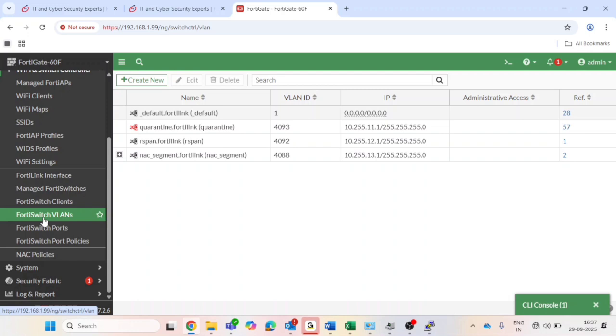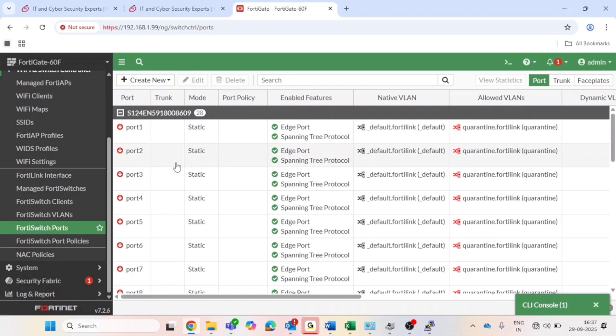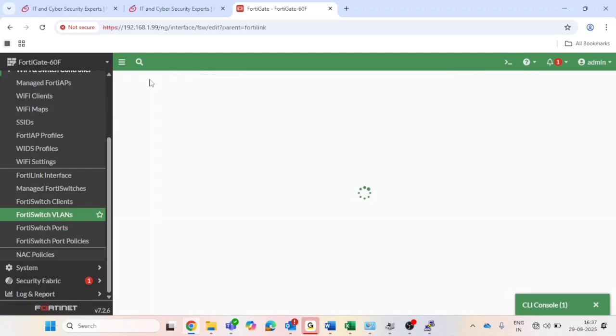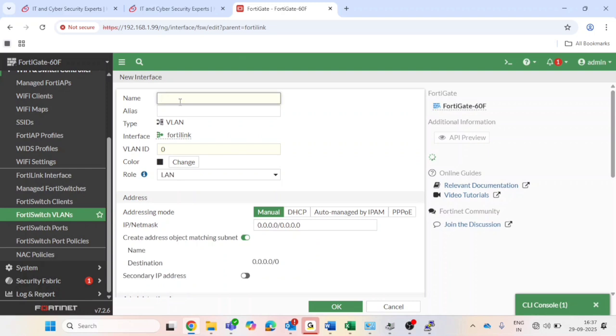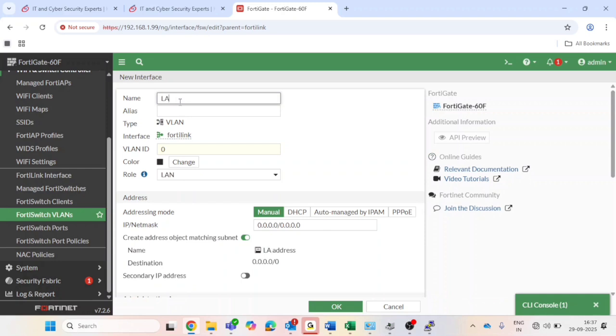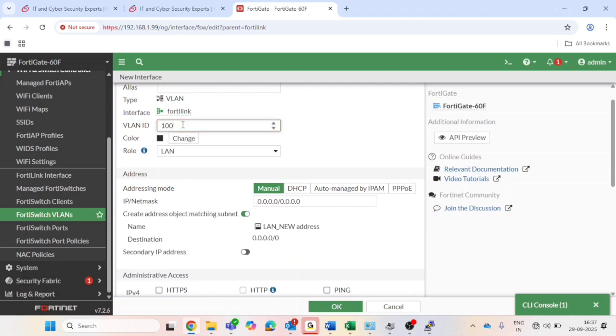So now let's configure a VLAN on the FortiSwitch. It's very easy, we can configure the VLAN without the command line interface. The GUI is very user friendly and we can make the VLAN. To create the VLAN, click on create new, then enter the VLAN name. You can type as per your requirement. So I will type here LAN new, and VLAN ID. I will type 100, and the IP address and subnet we need to configure,